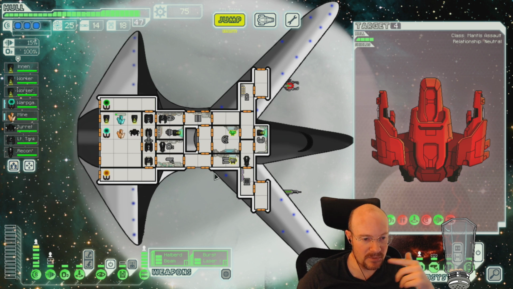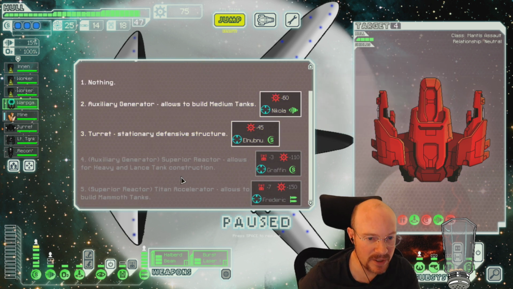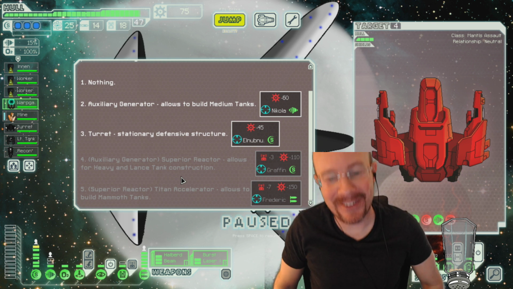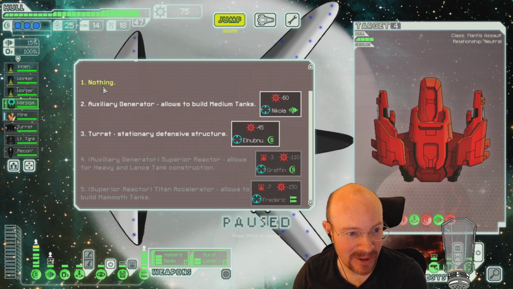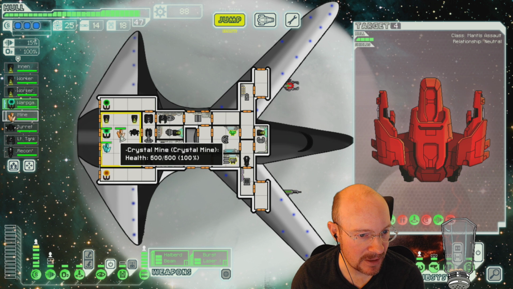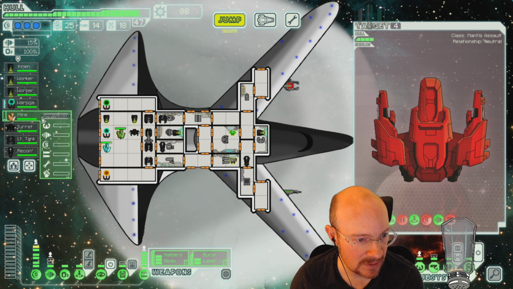Alright, and then I also want to upgrade my guys. Is there another one now? Oh, there is. There's these mammoth tanks. 150 scrap for those. Okay. Alright, well let's hold off on that. You know what? Let's go to mine crystals faster. Is there a way to make the crystals spawn faster? Do they only spawn...